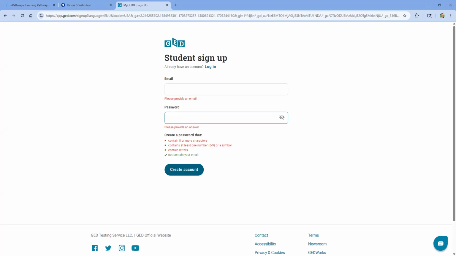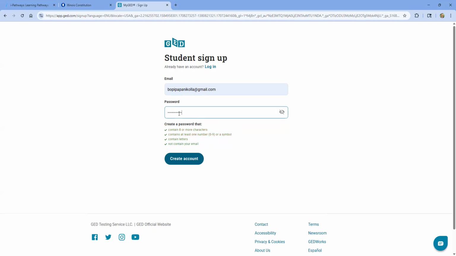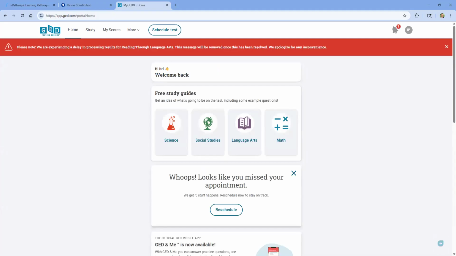And then what's going to end up happening is you're going to have your own account at GED.com where you can navigate it and work with different components here, such as scheduling the exam. And also there's different vouchers there that can help you pay for the exam. So a lot of different things that you will really enjoy, like having the account with GED.com and also helping you get acclimated with your next steps as you're preparing.